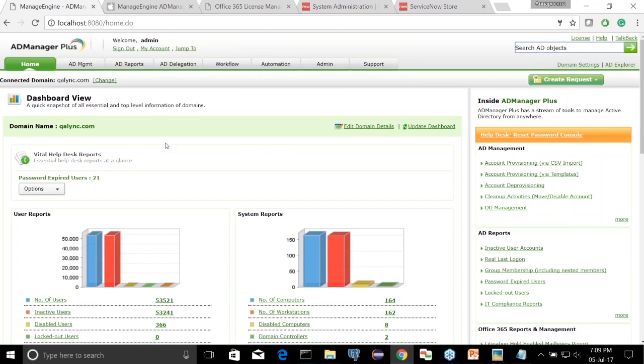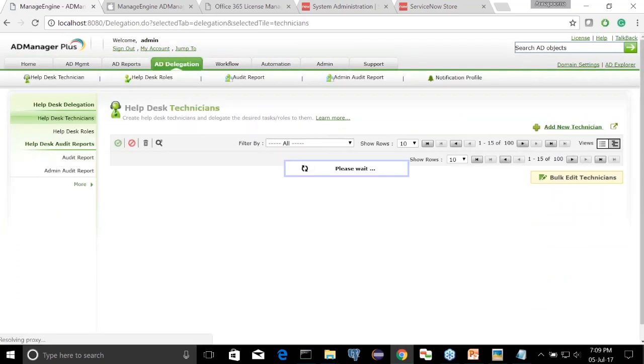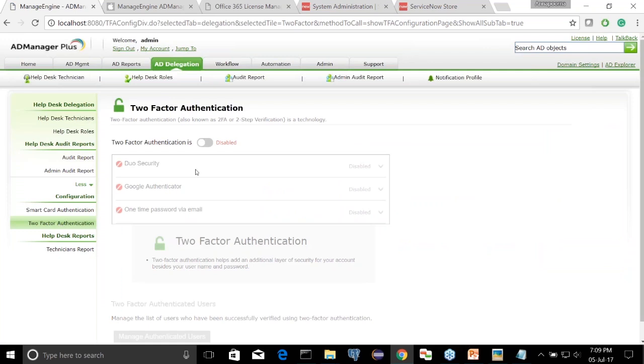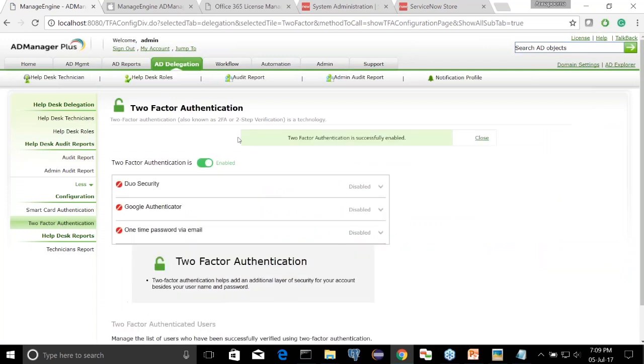So I entered my login name and I entered my password. I chose my domain and then I log in. And now how do I enable two-factor authentication? Go to AD Delegation tab and then click this More link and then choose two-factor authentication. Now I'm going to enable two-factor authentication,